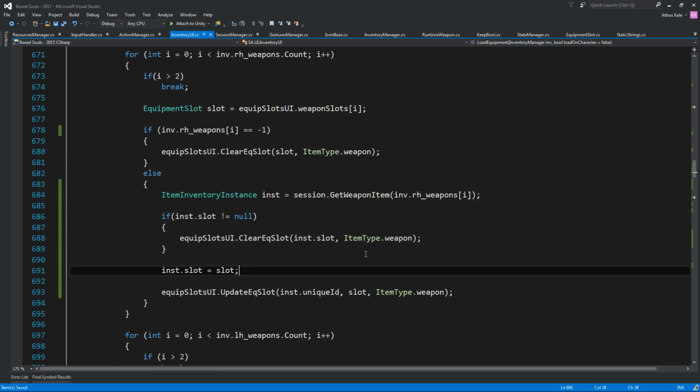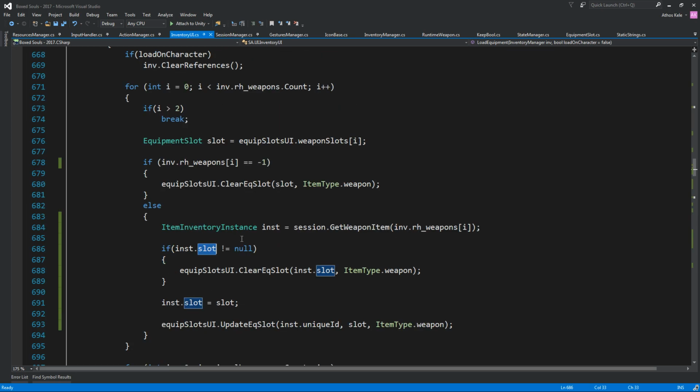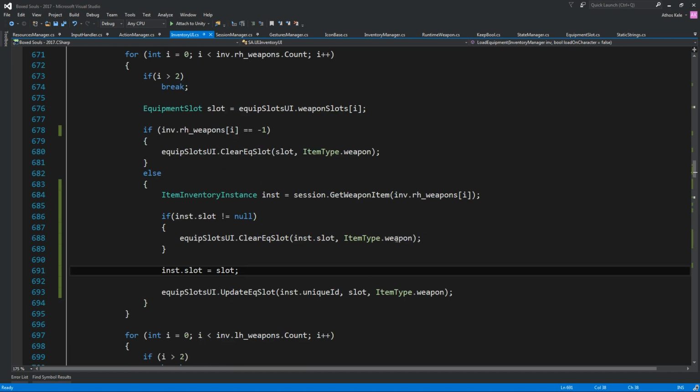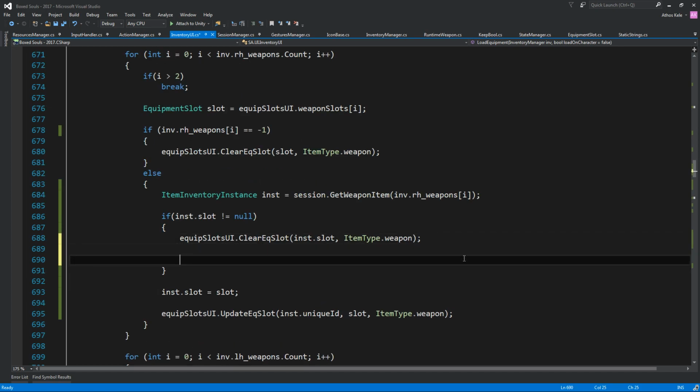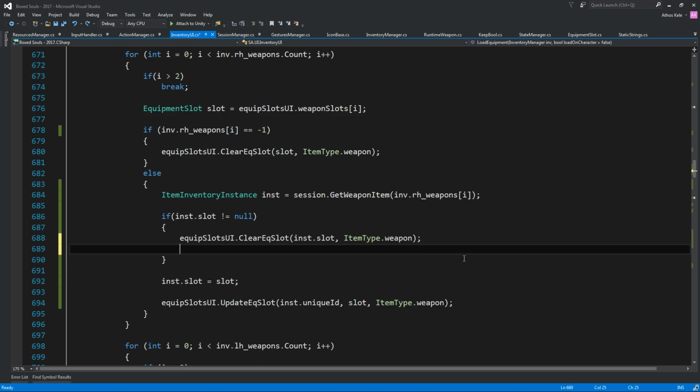So what I mean by that, if the slot is null, then that means you also want to clear the slot. Okay, we'll do this in a second phase. So over here you should be adding